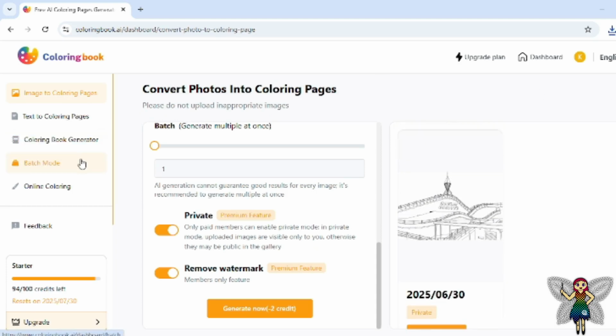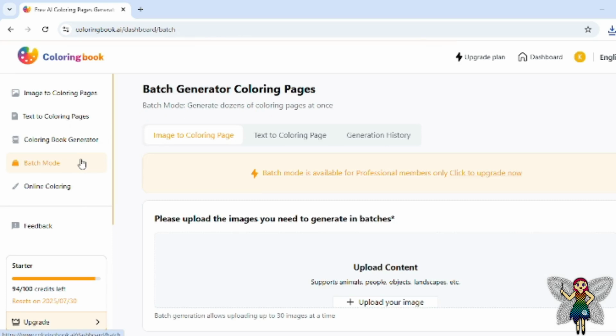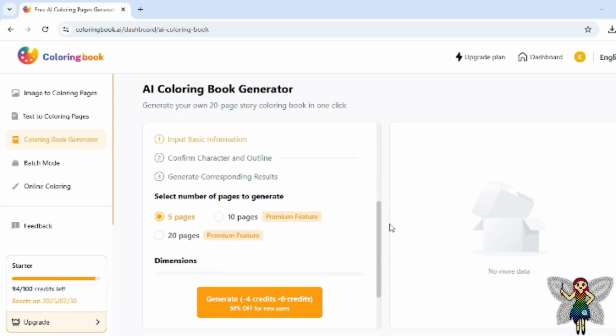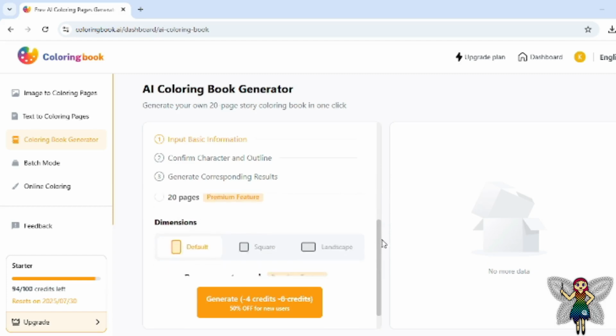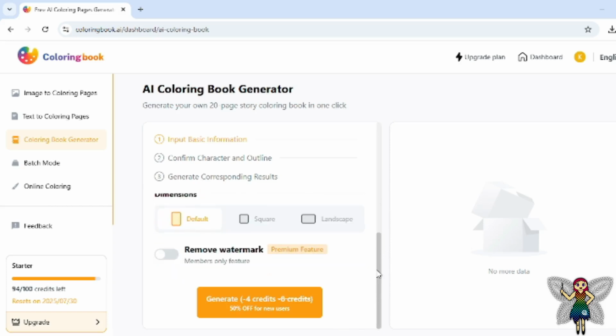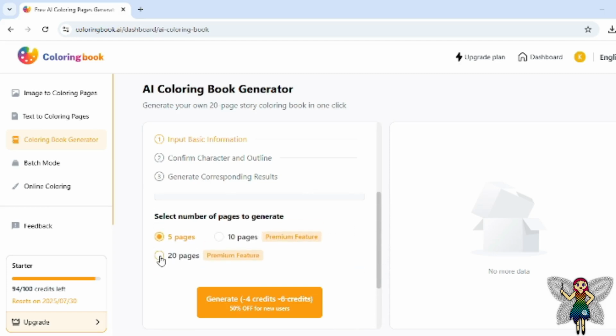Another thing is they have a batch mode, so you can do multiple ones at once. They also have a colouring book generator, so you can pretty much make like a full book. Do 5 and 10 pages, and the new one is 20 pages. So these are actually really handy if you make books. I think this one is like one of the premium features. That might be the